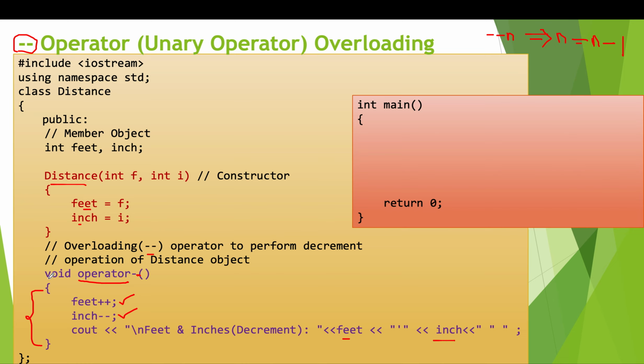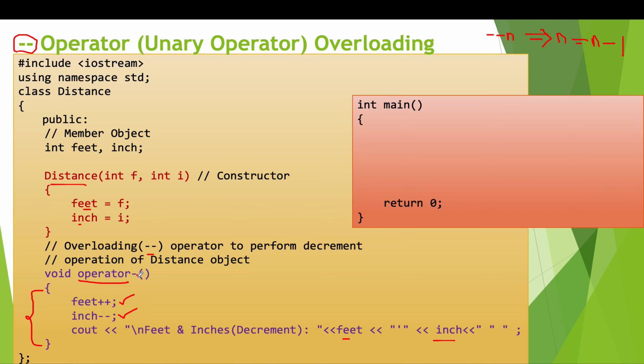So now just see again, we have written an operator overloading function. Operator overloading function means that the minus minus operator will now behave in a different form, or you can say a different way. So what are we doing for that? Return type, keyword operator, and then after that the symbol, or you can say the operator, that we want to overload.